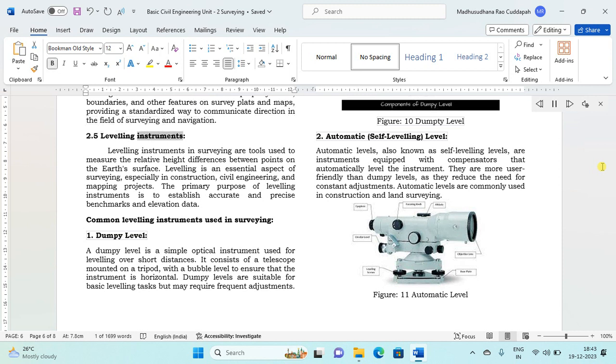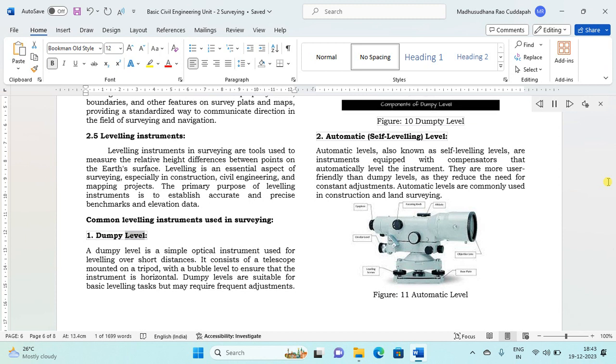2.5 Leveling instruments. Leveling instruments in surveying are tools used to measure the relative height differences between points on the Earth's surface. Leveling is an essential aspect of surveying, especially in construction, civil engineering, and mapping projects. The primary purpose of leveling instruments is to establish accurate and precise benchmarks and elevation data. Common leveling instruments used in surveying: